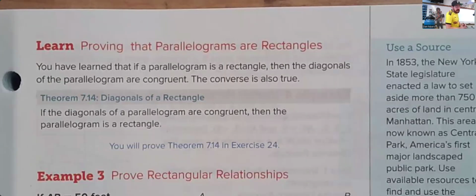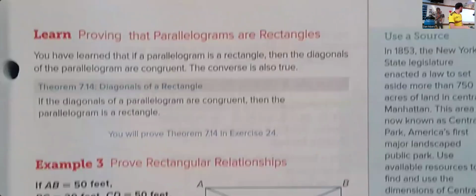Then the diagonals of the parallelogram are congruent. So the converse is also true, meaning if you have a parallelogram with congruent diagonals, corner to corner are the same length, that means that parallelogram is a rectangle. So we're going to write